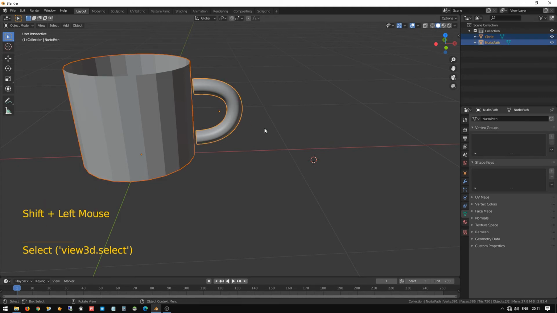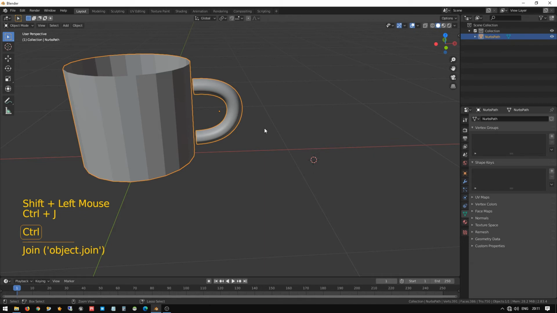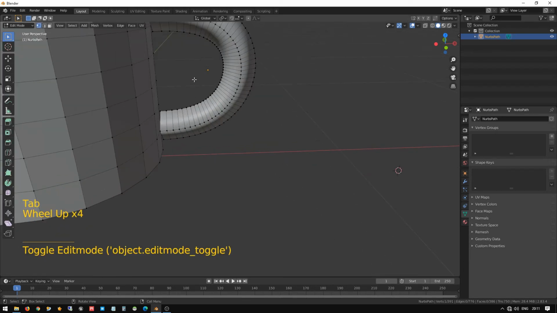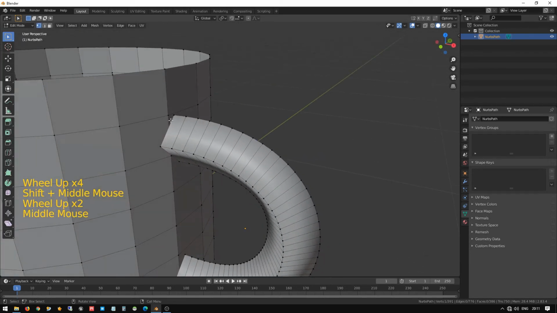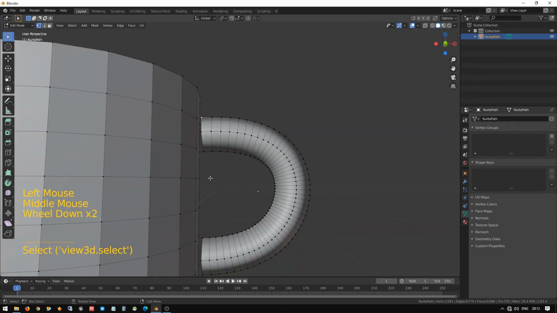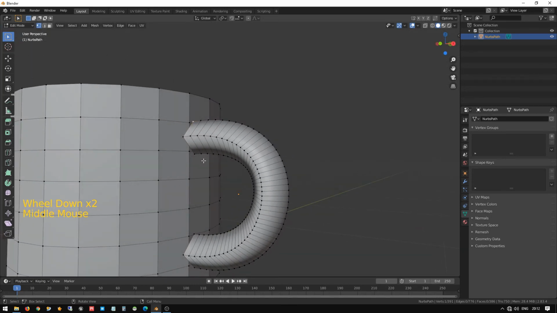After that, select the cup, press shift and select the handle, press Control J to join the cup and handle as a single object. So now you can see it's selected. If I select the cup, it's selecting both the things. So that is why we need to join the mesh and add it to the cup handle. After that I press the tab key. Now we can edit at the same time. So now here you can watch it once. After creating this, you can see